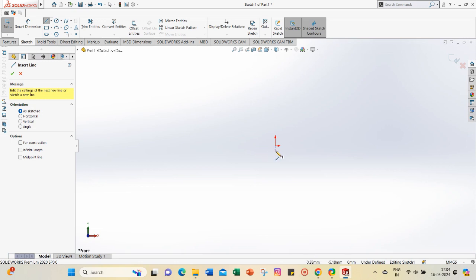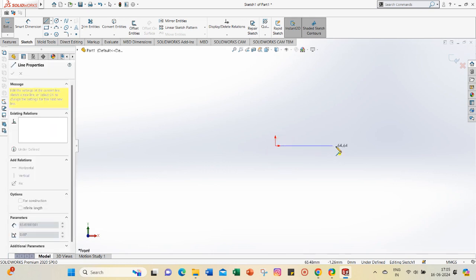That blue line is guiding us about the horizontal and vertical direction relative to the origin. And you can see there is a yellow relation indicator which shows what relation it maintains with the current geometry.